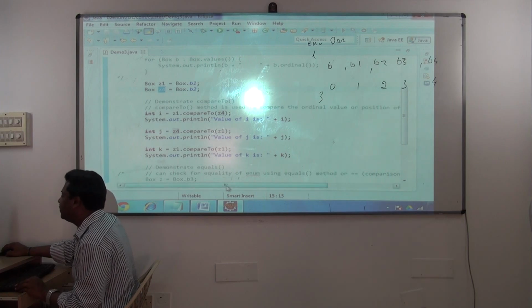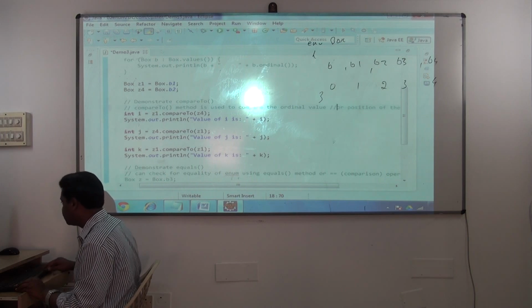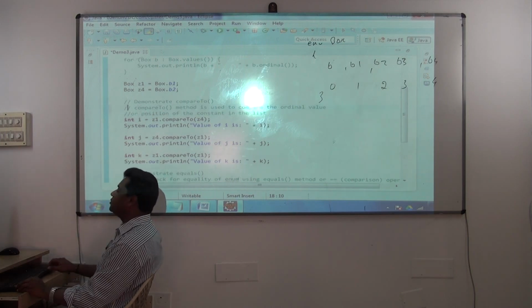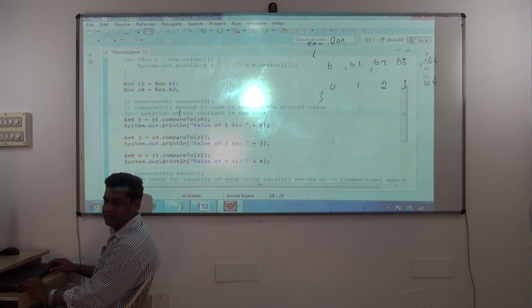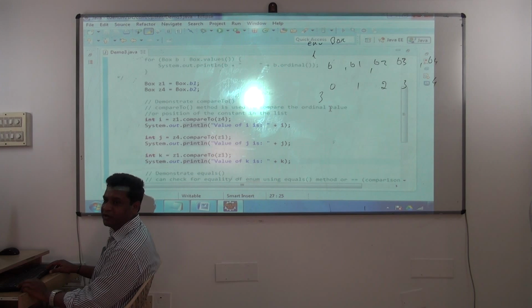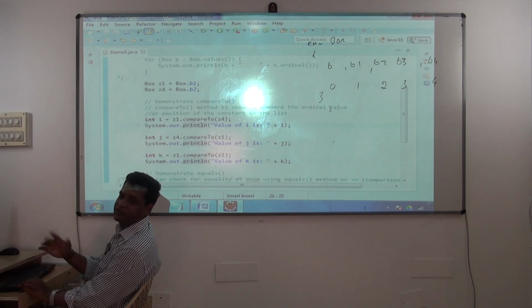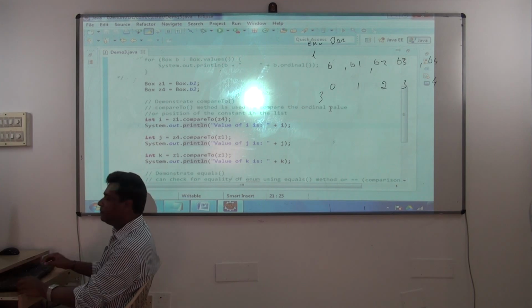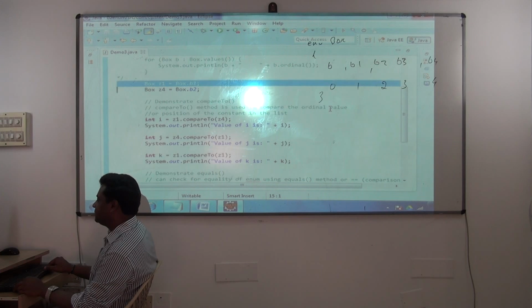So why do you use compare to method now? See, I have commented here very clearly. Notice, compare to method is used to compare the ordinal value or position of the constant in the list. Clear? It is neatly commented. Note it down, because these are all very important interview questions. Or they'll ask you how do you compare, which one is whose position is first, second and all that. Call that compare to method. So this is done now. Next,